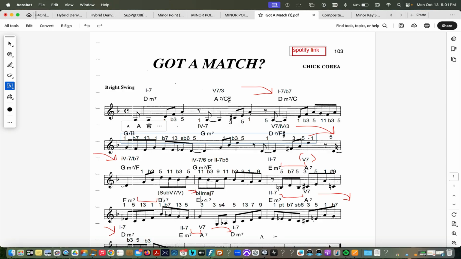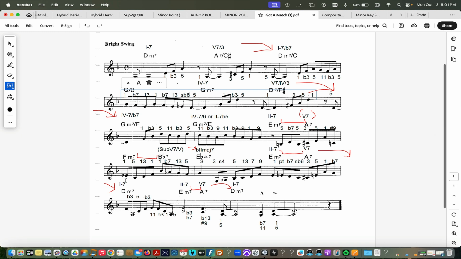3 5 1 5. That's still 5 1 flat 3 5 11 flat 3 5 11 flat 3 9 11 flat 3 9 1 9 1 flat 7 5 3 5 1 sharp 9 1 5 13 1 1 flat 7 13 5 3 3 down an octave 4 5 3 13 7